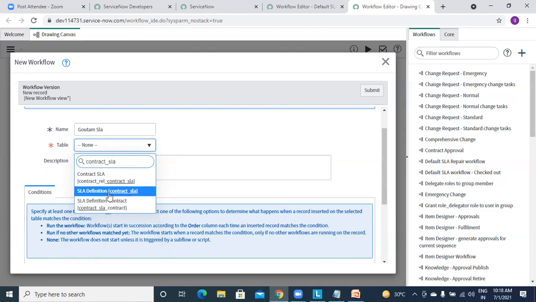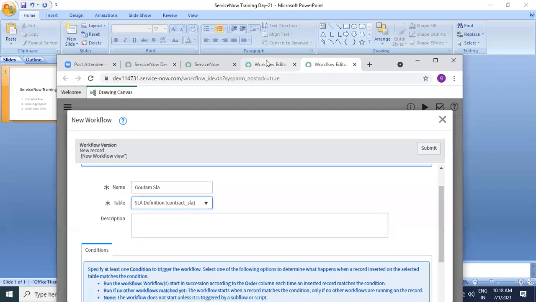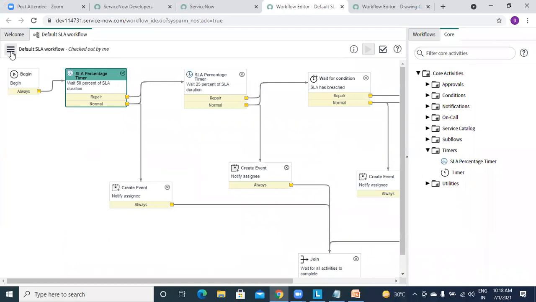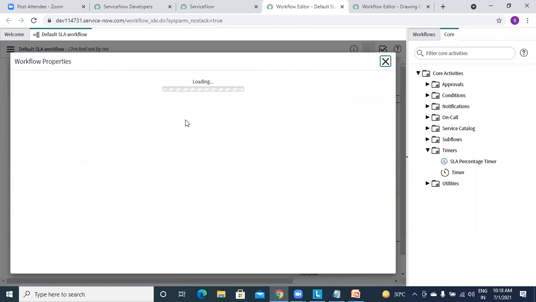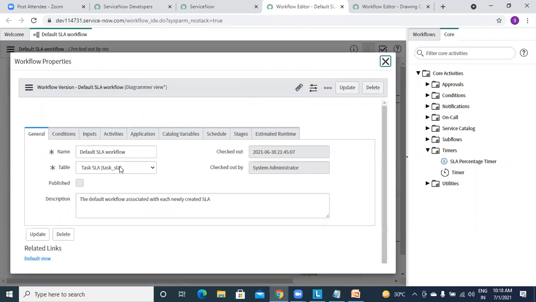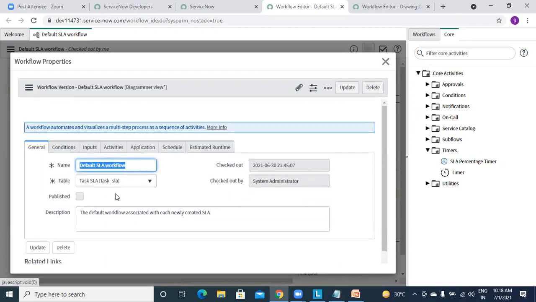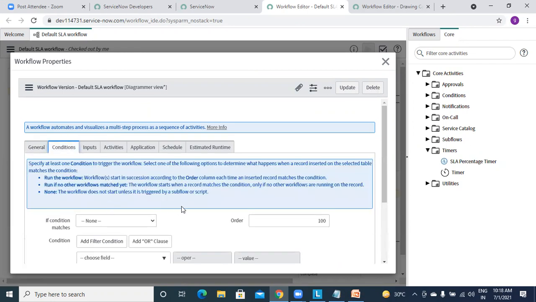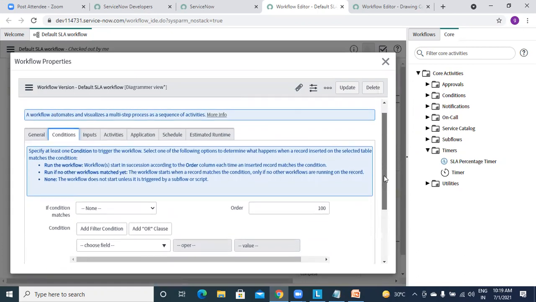Underscore SLA. So this is a basic table for our SLAs. And if you want to check the details of an existing, already opened SLA, like what table it is on, you can open it from here. Yeah, properties. See, these are the general details, like on which table. Actually, it is on the task underscore SLA table. Okay. If they have any conditions, like who are the people who can check this, they don't have any conditions here.